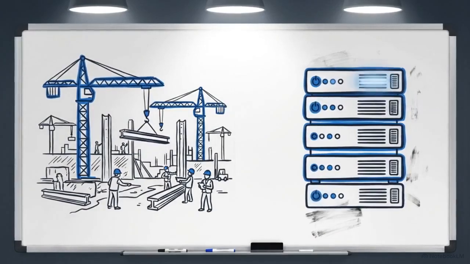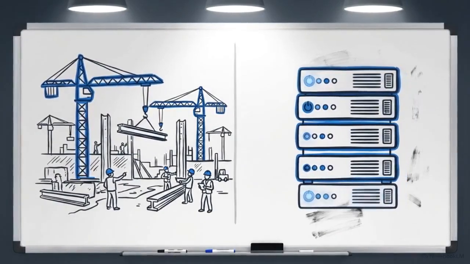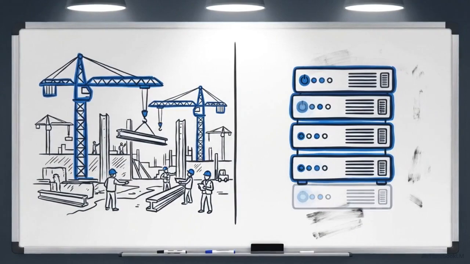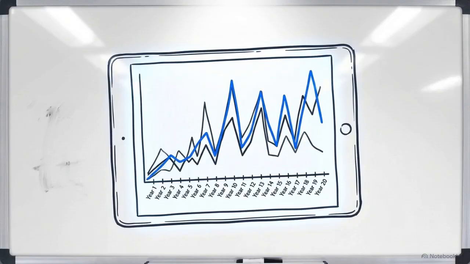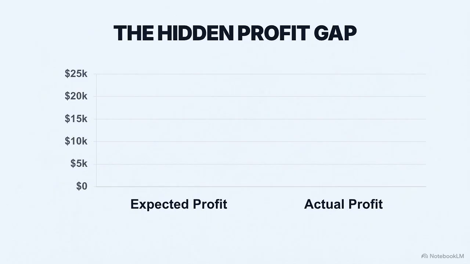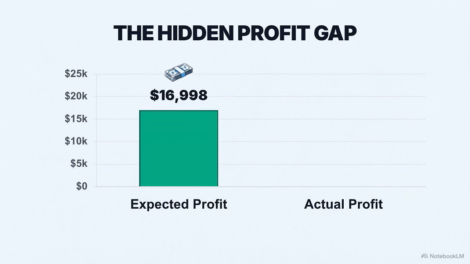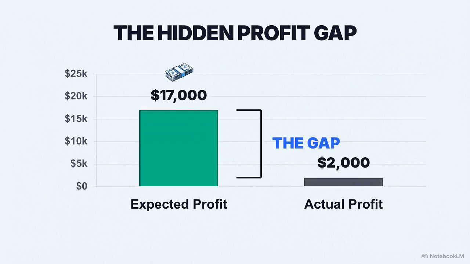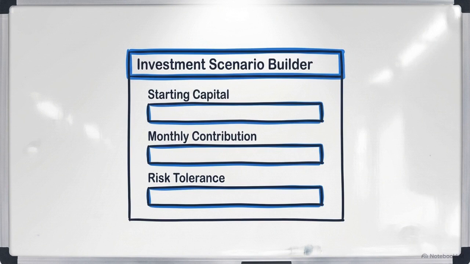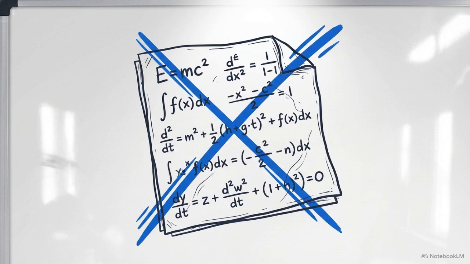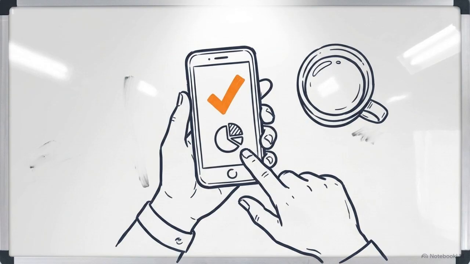Choosing between a rental property and an index fund usually comes down to dinner party stories or YouTube headlines. But when you map the numbers over 20 years, the gap between what you think you're making and the profit that actually stays in your account is often wider than expected. By the end of this video, you are going to build a personalized, true risk and return calculator. We will cut through the napkin math, expose the hidden costs of both paths, and calculate the exact strategy that